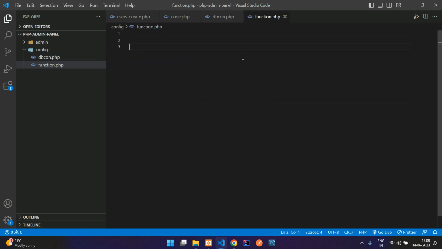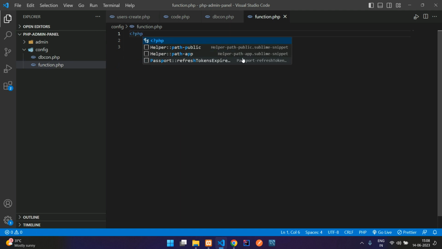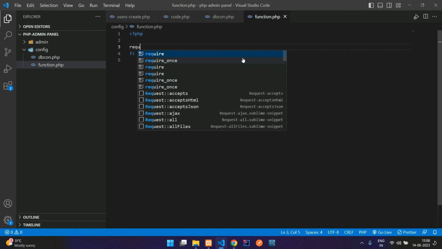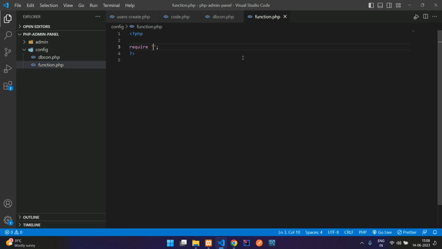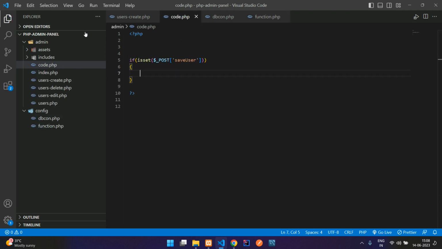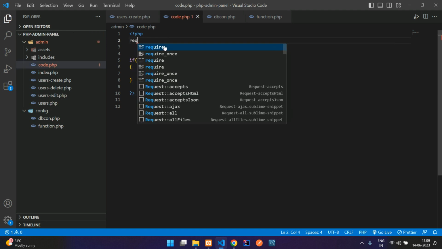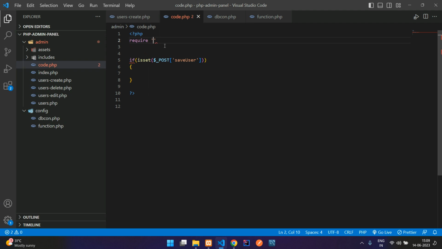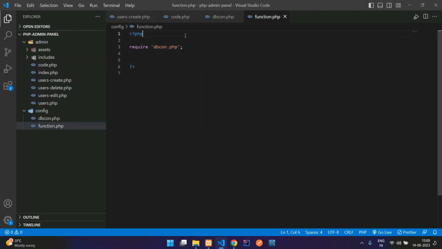And now guys, here what we are going to do, we will include the DB connection, require dbcon.php file. And now guys, let us get back to our code.php in the admin panel, and let's call this function.php as simple. So again require, so just move outside the admin folder, go to config folder, inside that config call the function.php. And one more thing guys, I just want to start the session